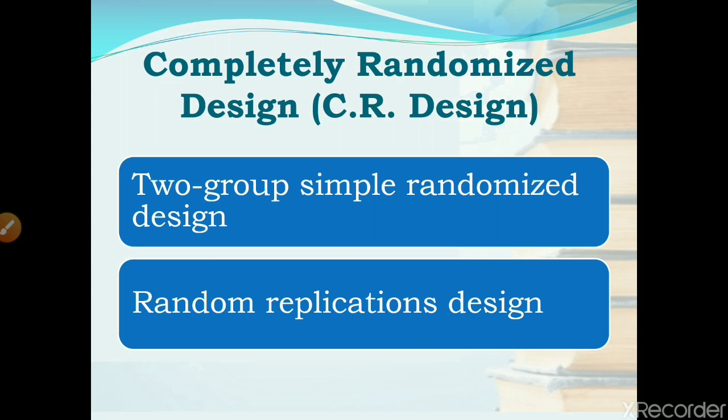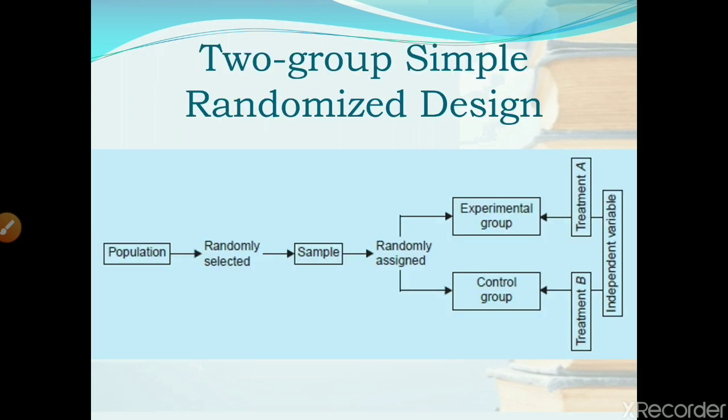So in two group simple randomized design, a sample is selected randomly from the given population and is randomly assigned to the experiment and control groups. The experimental and control groups of such a design are given different treatments of the independent variable. But the limitation of it is that it does not control the extraneous variable, and as such the result of the experiment may not present the correct picture. So here you can see that